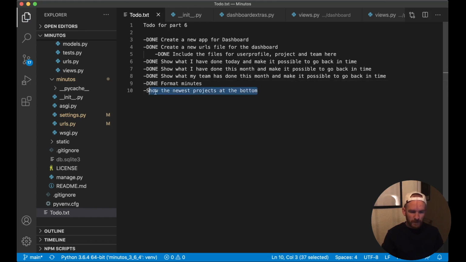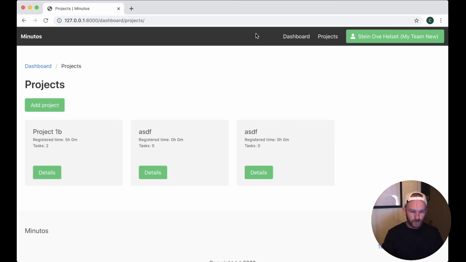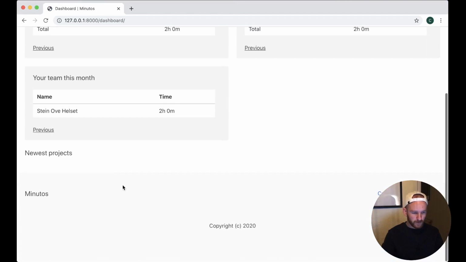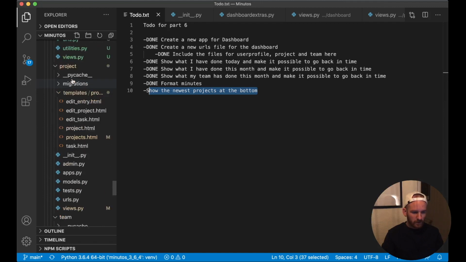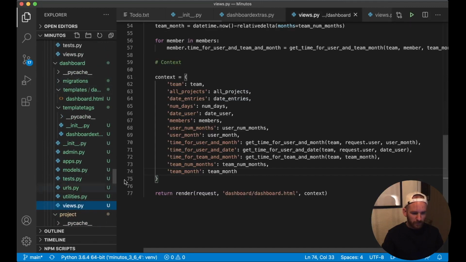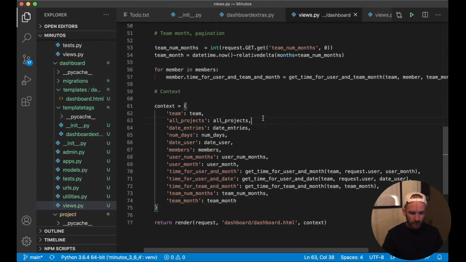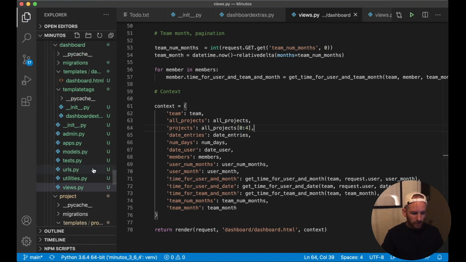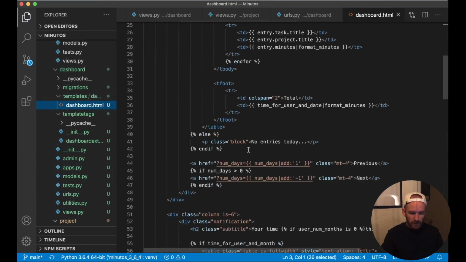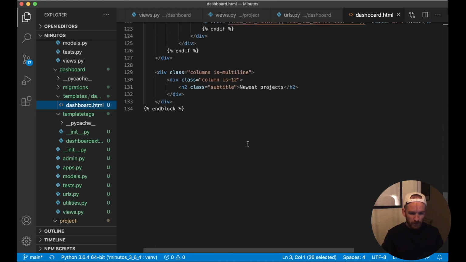And then the last task is to show the newest projects at the bottom of the dashboard. So at the bottom here, I want to list out 4 projects. So if I go up to the dashboard app, and here under this, I just say projects, and I want to get all projects, but I only want to get 0 to 4, which is the 4 newest ones. And then if I go back to dashboard.html, and on the bottom here we will list out this,